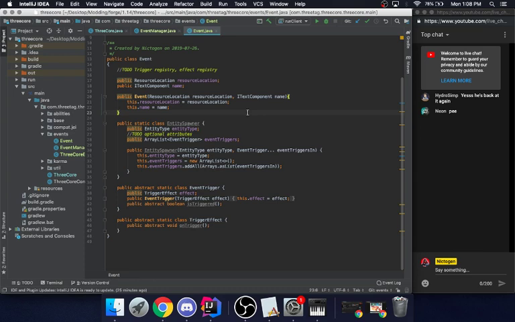So what I need to do is separate these triggers from the entity types. And then each event will need